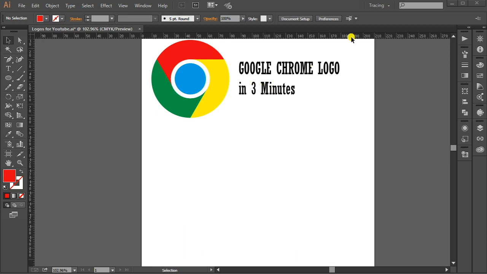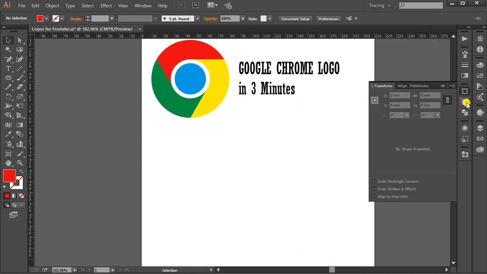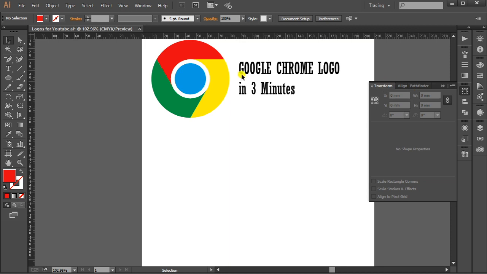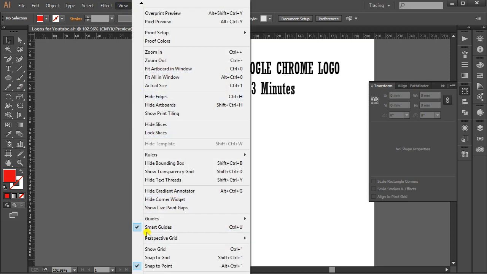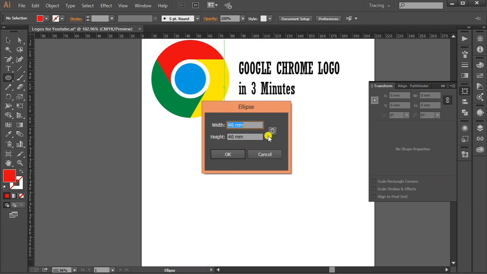So let's start. First of all, from here select tracing so that you will get these three options here: align, transform and pathfinder. And in the view, select smart guides, it should be turned on and ticked. Snap to point, ticked. Now go to the ellipse tool, select it, click here, enter 100 mm in width and 100